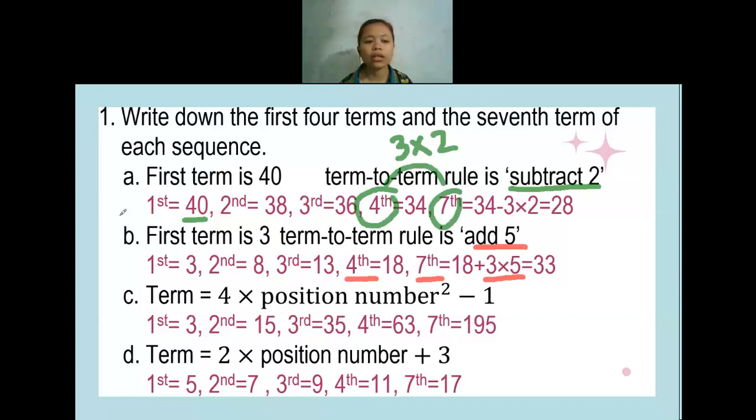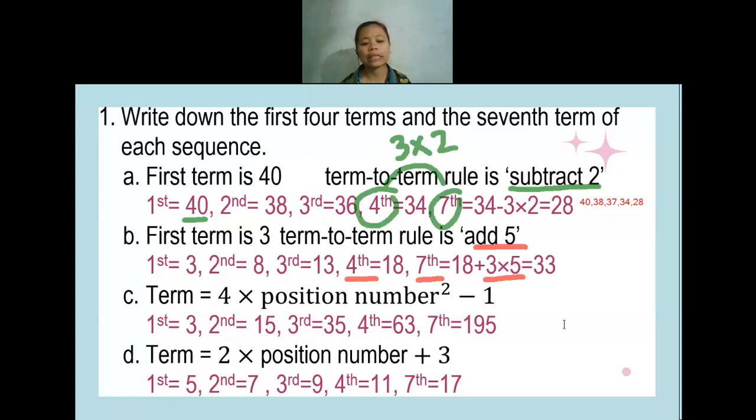Is it like you just directly write 40, 38, 40, 38, 36, 34, 28 like this? That is also okay. If you directly write it like that, you did not put label, I still understand. As long as the number you write it in order, I will still be able to understand it. Is there anyone who get confused so far? Or maybe I talk too fast? No? Okay. If you have no question, I will move to the question C.